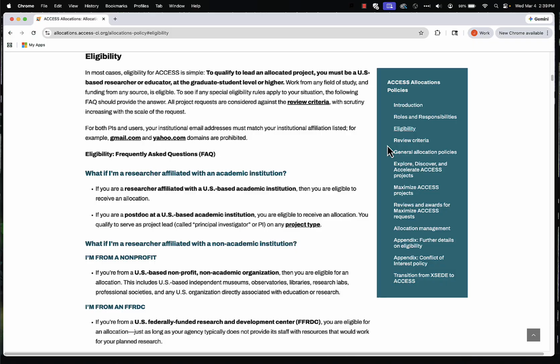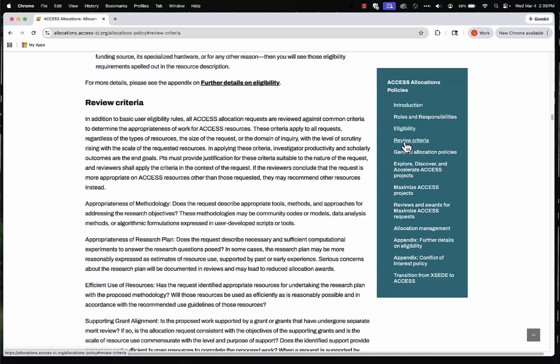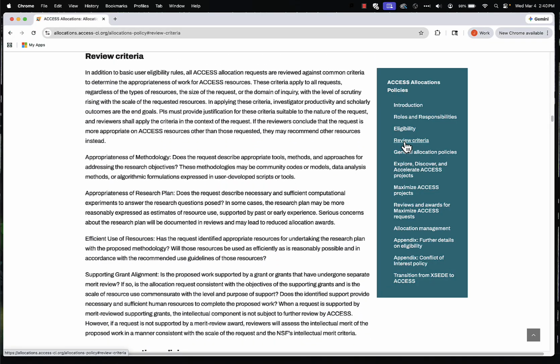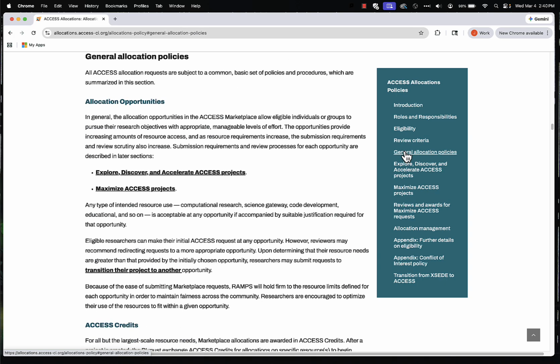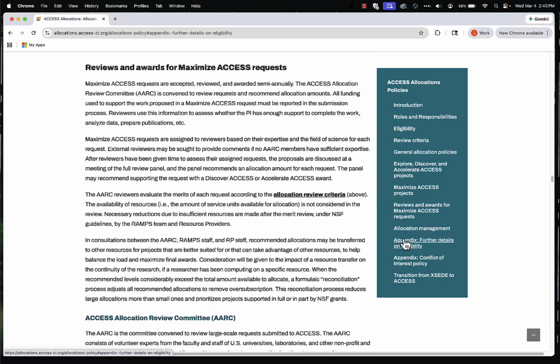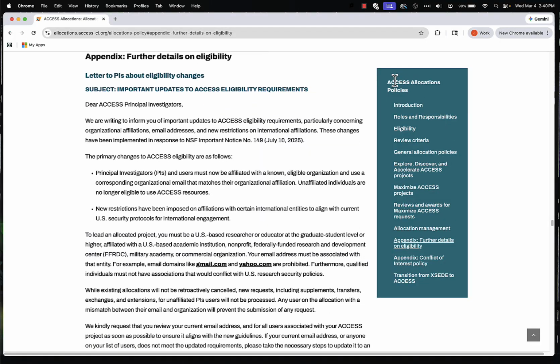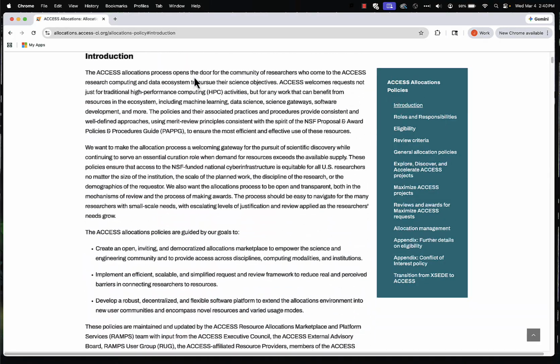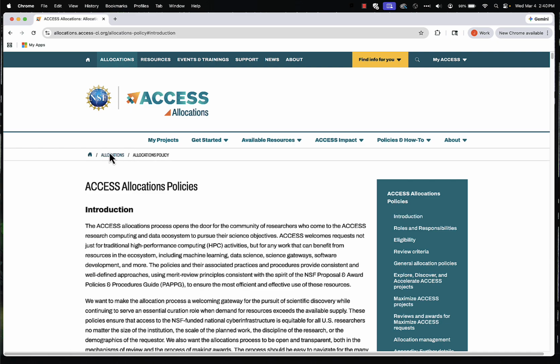This page also includes the criteria used to review different kinds of allocation requests. It has the general allocation policies and other useful information, all accessible via this navigation bar. I encourage you to review these since they apply to anyone requesting an allocation. If you have other eligibility questions, I encourage you to visit the appendix. Further details on eligibility on this page. If we return back to the Allocations page,